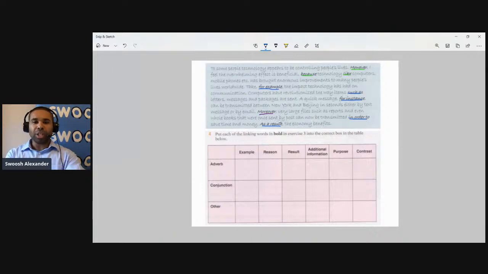Some of them you could describe potentially as being conjunction-like or adverbial phrases, but they're not adverbs or conjunctions as single words, and so we'll put these in the other box. However, with moreover, this is a word which is an adverb, so that's why it's underlined in purple,